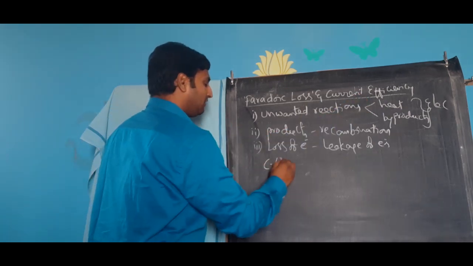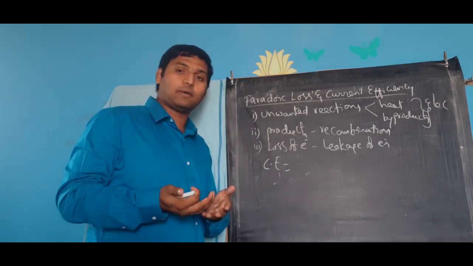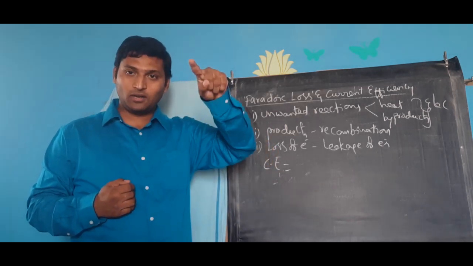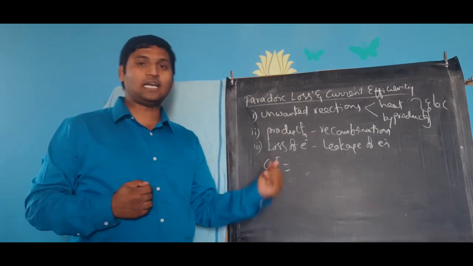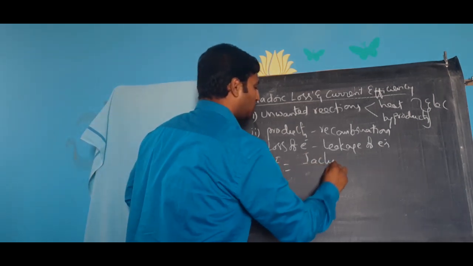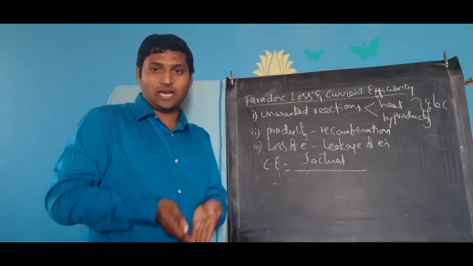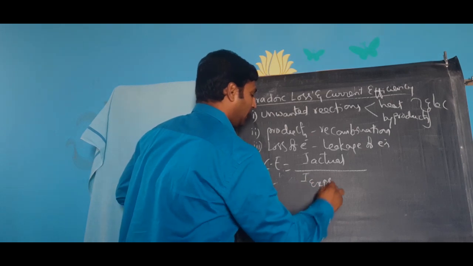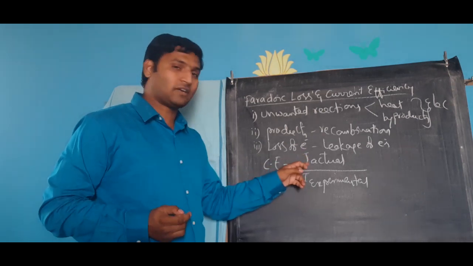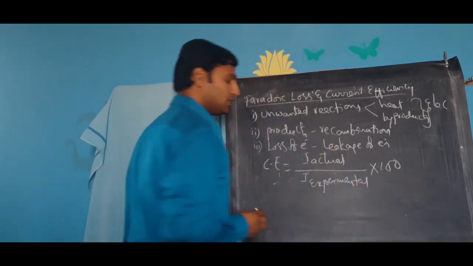So now current efficiency can be defined two ways, from the perspective of current used or from the perspective of substance formed. From the perspective of current, I am passing more but it is utilizing less. For percentage, always smaller divided by larger into 100, right? Now, I actual is the current that is really being used for electrode reactions, and I experimental is the total amount of current that I have passed. So the real amount of current being utilized divided by the total amount of current supplied into 100 tells you current efficiency.